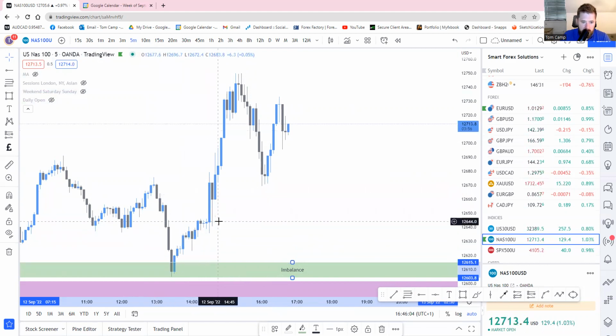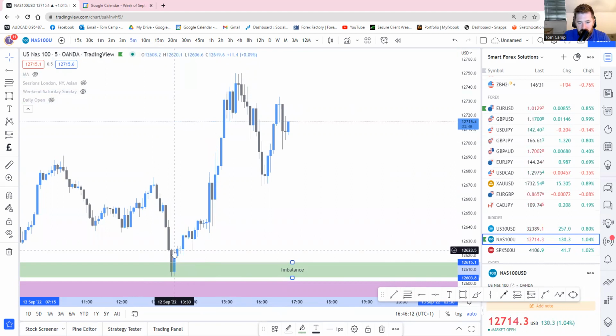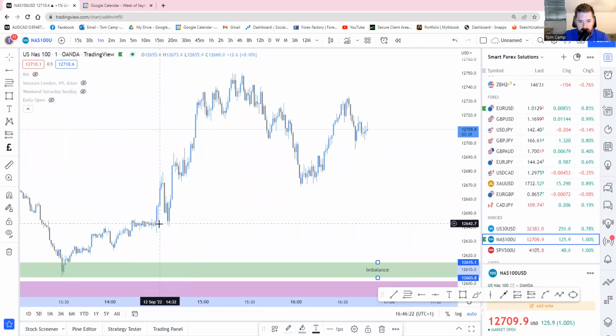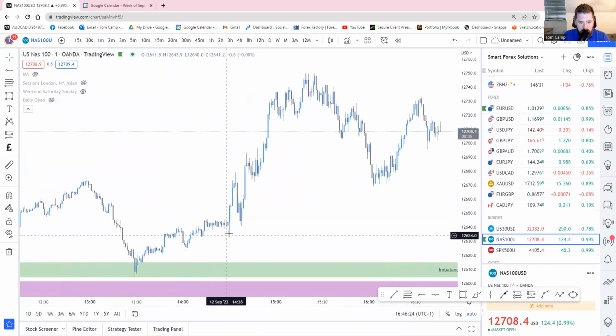Where are we looking? Price is fairly balanced here, guys, so I'm not too interested in anything that is not imbalance. This candle got mitigated here. This candle got mitigated, so this big push up left us a nice liquidity void. But even so, if you go onto the 1 minute time frame, what you can see,